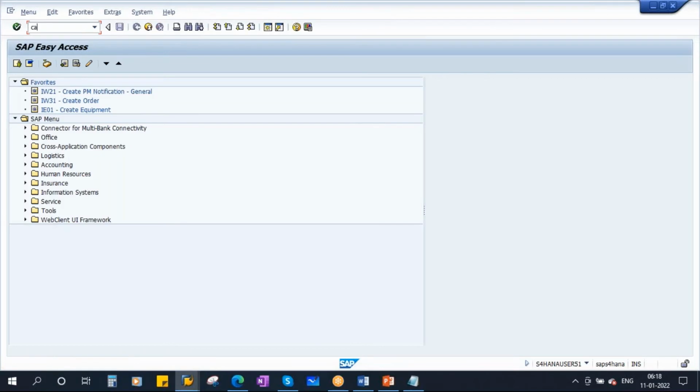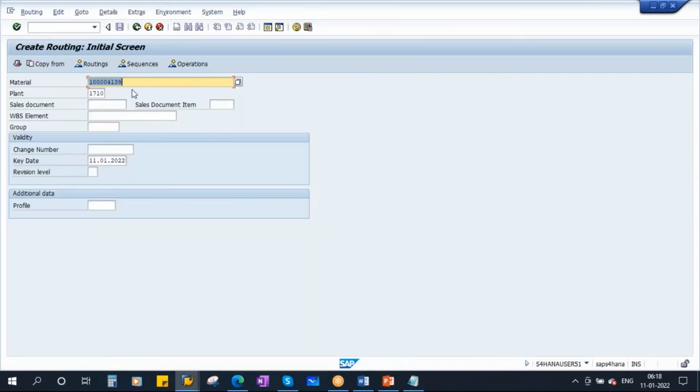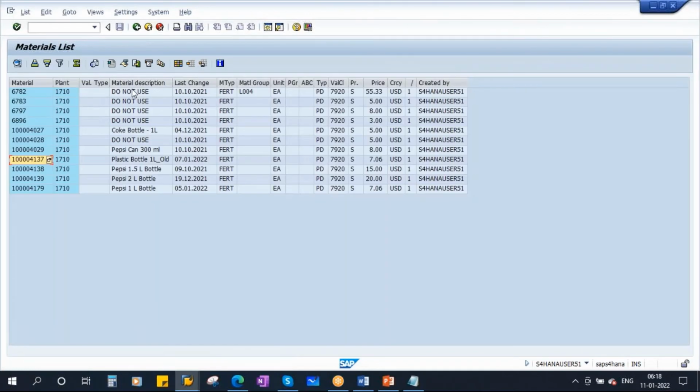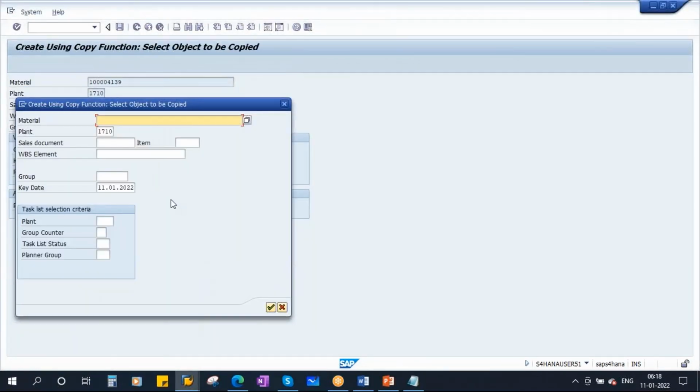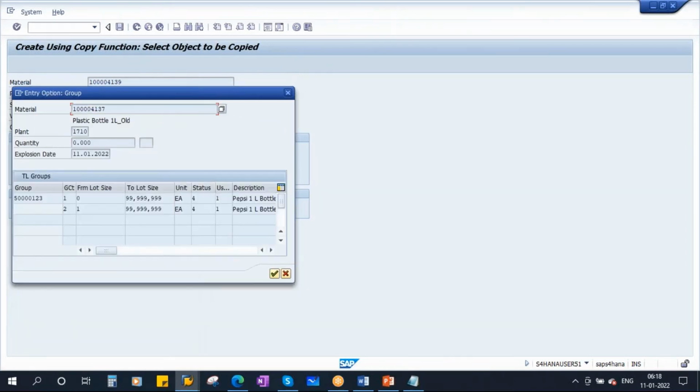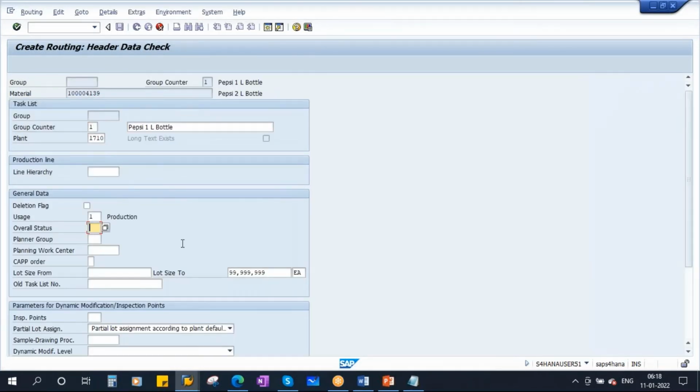CA01. Okay, this is product 4139. I'll copy from the existing routings to save the time. 4137. Okay, done. I'll copy the first one. Status 4. Enter.